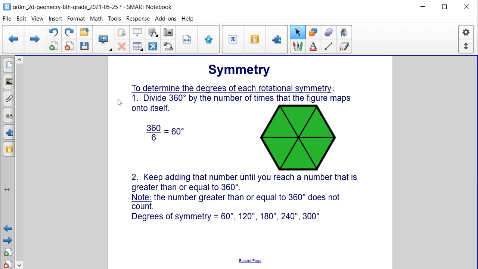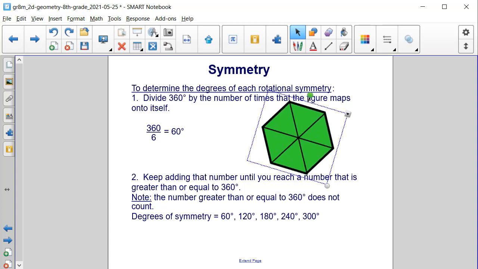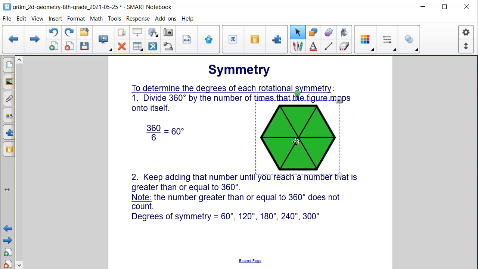And then to determine the degrees of each rotational symmetry, follow these steps. Divide 360 degrees by the number of times that the figure mapped onto itself. Well, we found that this mapped onto itself 6 times by rotating it. So 360 divided by 6 is 60 degrees. And then we keep adding 60 degrees